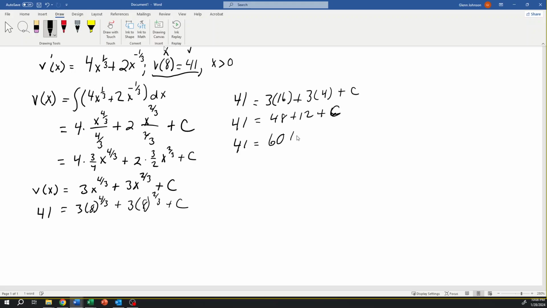And then subtracting both sides by 60, we get c equals negative 19. So therefore, our solution here, our specific solution, is 3x to the 4/3 power plus